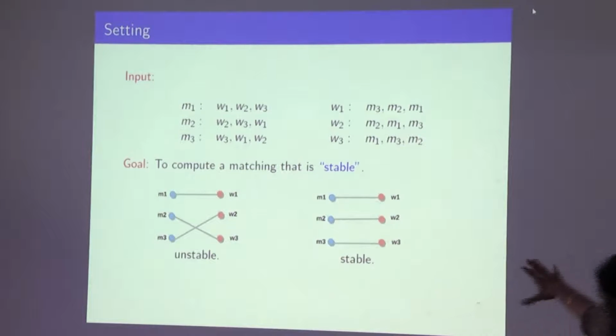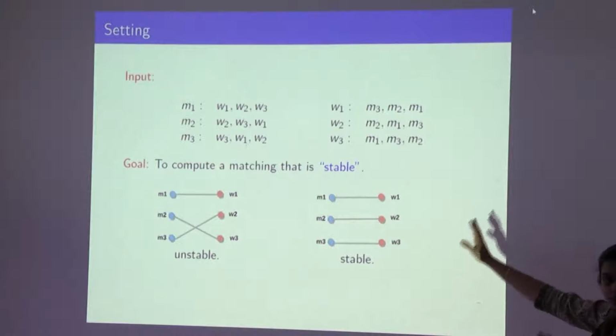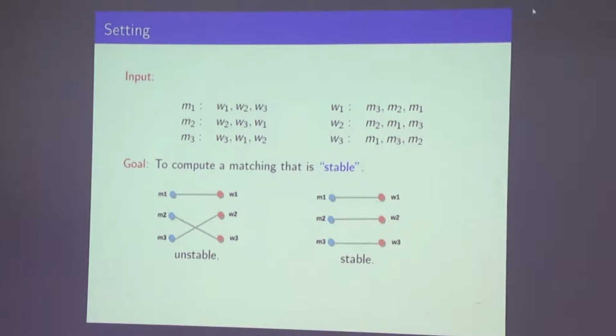So in fact, this is one stable matching, and it satisfies your criteria also, that every man is given his first choice. But if you look at the women, W1 in fact is given her worst preferred partner. Even if you look at this from the W side, you can find that none of the man-woman pairs who are not assigned are able to create unstable situations, because either the man or the woman or both are happy with the current assignment. So none of the pairs which are unassigned can create an unstable situation, is what we want.